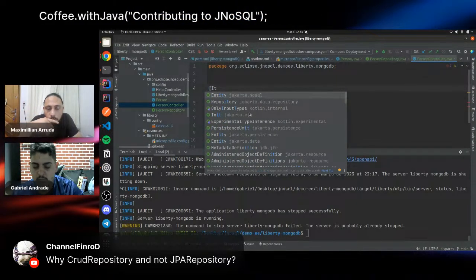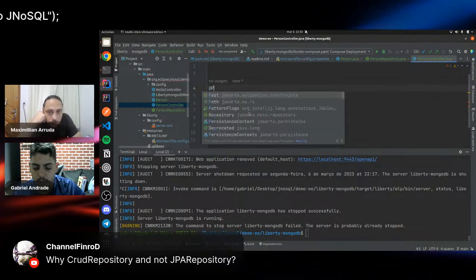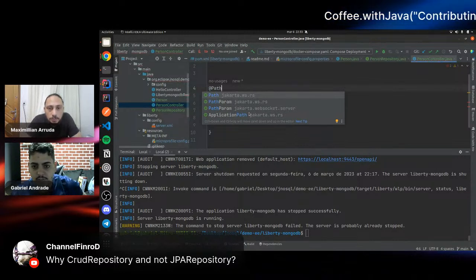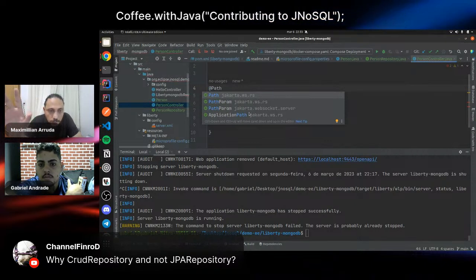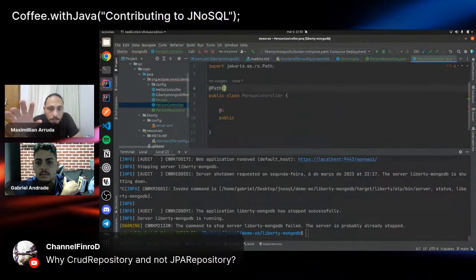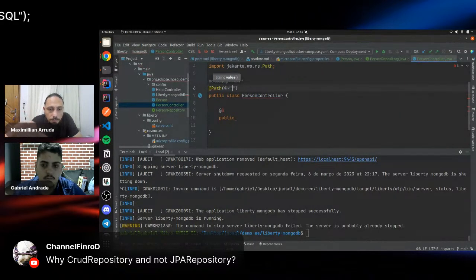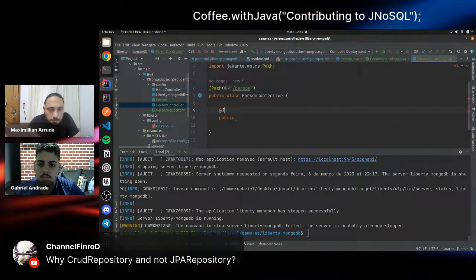We are using the JAX-RS specification. Inside the parentheses, let's type the default URL. Let's put persons. Persons is a good one.